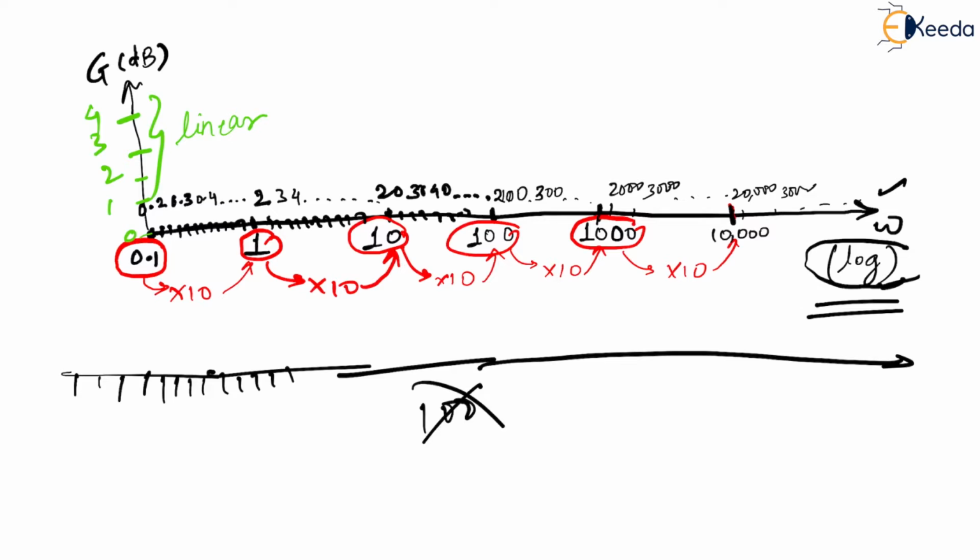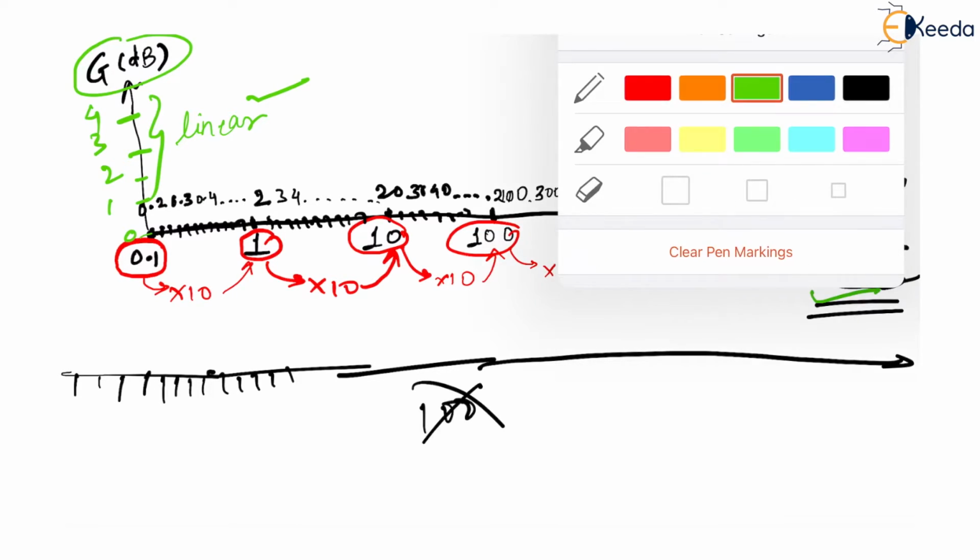This is not logarithmic, which means what? You have two axes, out of which one is logarithmic, other one is linear, which means you have to call it a semi log sheet or a half log sheet. Is that correct? Yes. So if you see, this is the gain dB. This is how I am interested to show that. Similar lines.